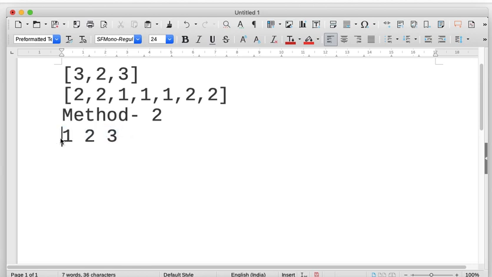That is another case that may occur, but not in this question. So here when you take this as a majority candidate and go through this array, you get the count as 1, which is not greater than n by 2, so you return -1, that there is no majority element. So now we'll go to method 3.